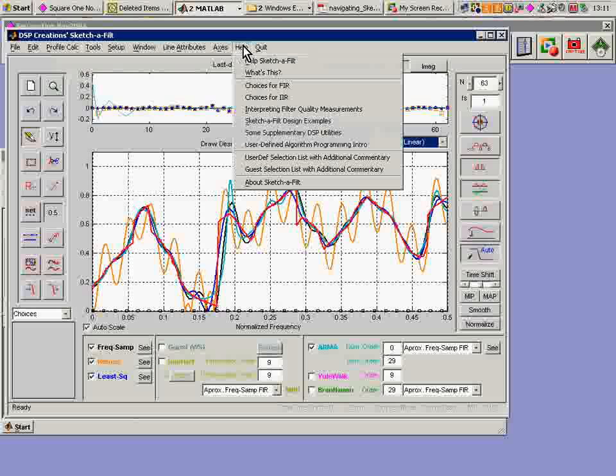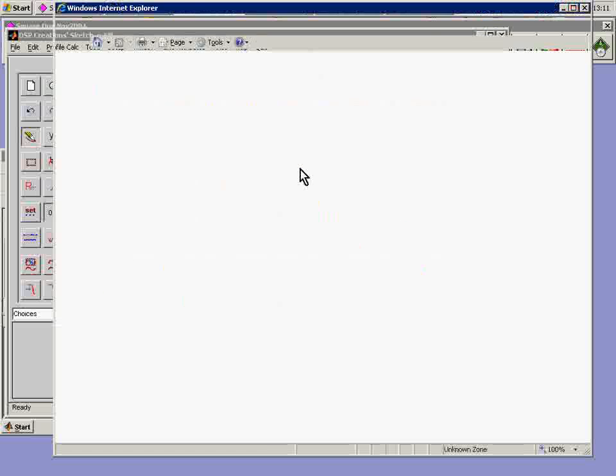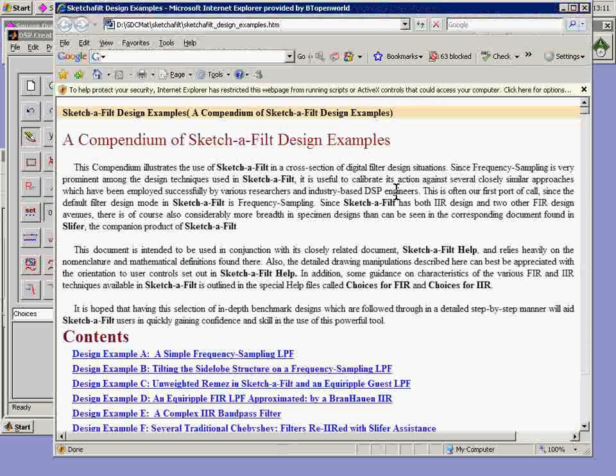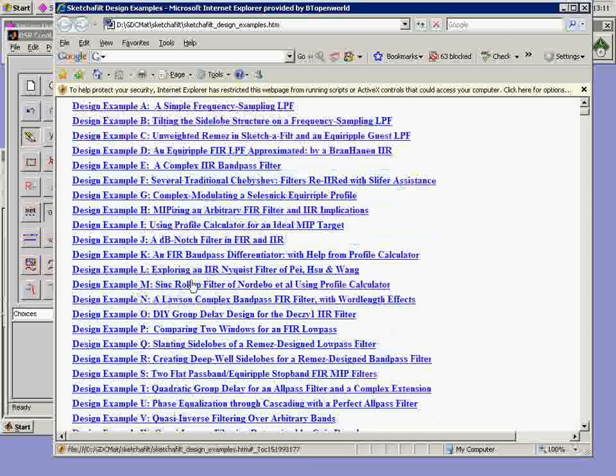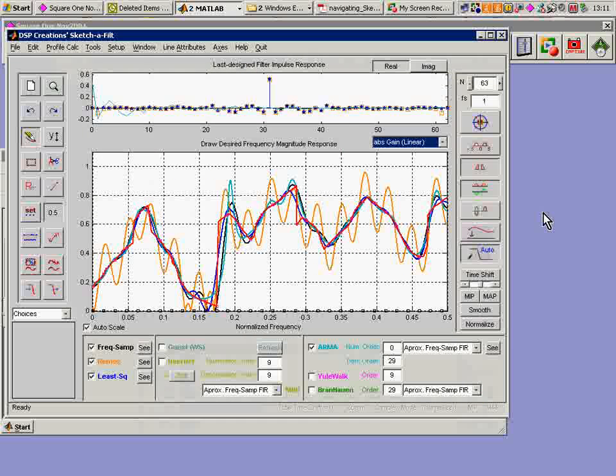Another help file, although there are several, of big importance, is Sketch-a-Filt design examples. If you go to this, you'll see a number of problems which have been taken from the published literature and have been worked in terms of Sketch-a-Filt, and you can click on those and go see, with screen captures and so on, how you should use these to duplicate or in some cases improve results which are in the